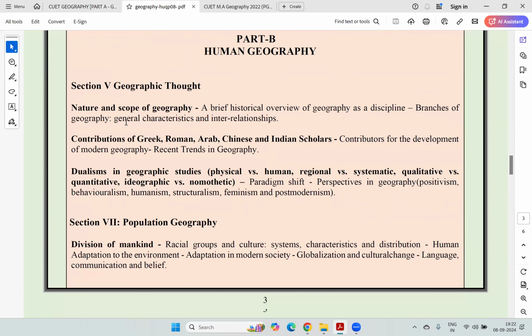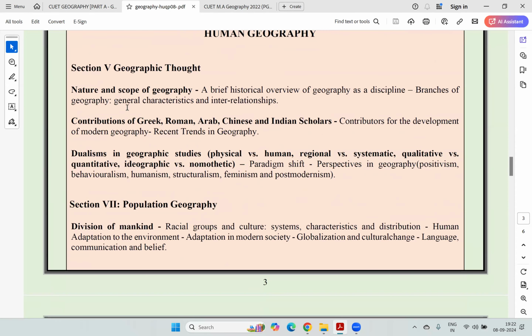So then you have part B, that is human geography. So you will have thought. Thought is very important because a lot of questions I have seen have come from thought. And this is also a little bit hard because there are lots of names to remember, a lot of time periods to remember,